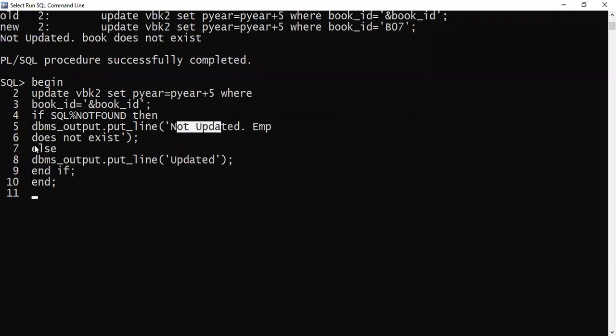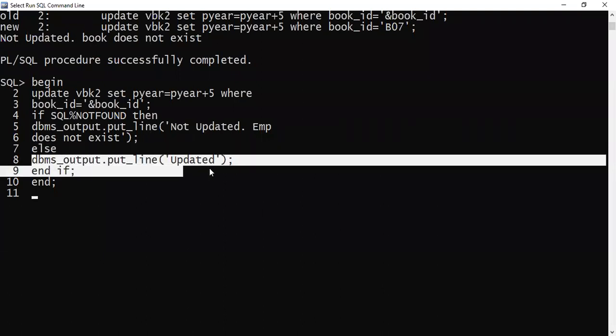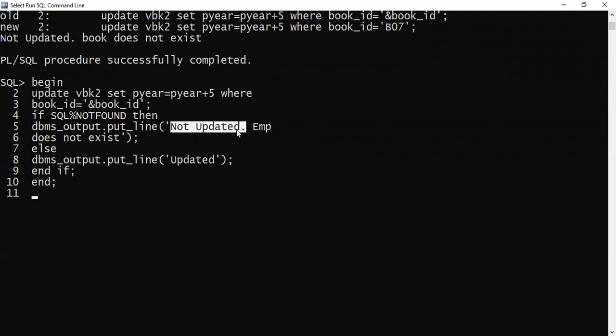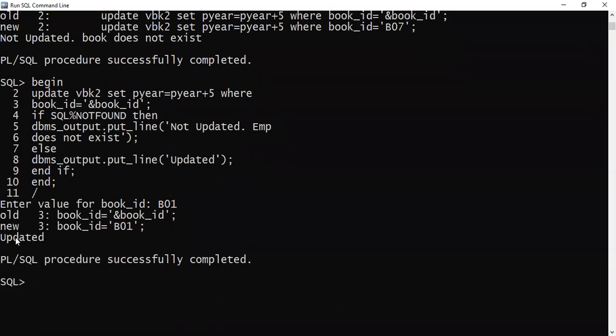Yes, ma'am. Else it will say updated. Clear? So NOTFOUND will return true when no row is found. So I have to print a message called nothing is updated. Got it? So this is how. Anyway, there is a wrong message here called employee does not exist, so just ignore that. Now I'll enter the book ID as B01. When I enter B01, it will say updated.